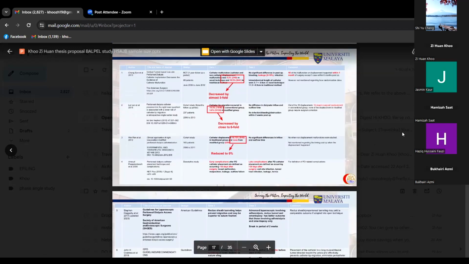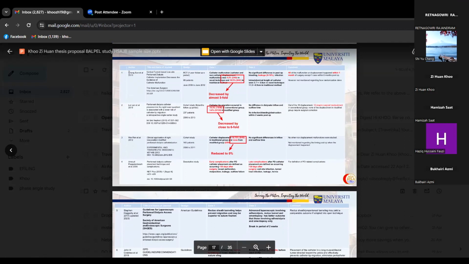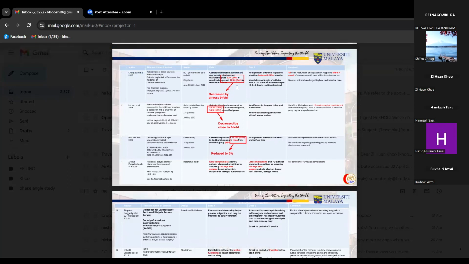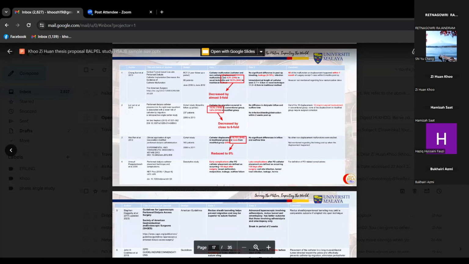Let me just take back the first, actually, this reference I saw. Their outcome did look at the catheter malfunction. Which reference is this? Which paper? They looked at it for conventional or for your technique? Because it's an RCT. They are comparing their modified technique and also the traditional. So then we can look at their conventional technique number, right?